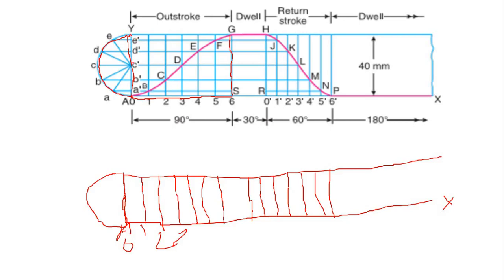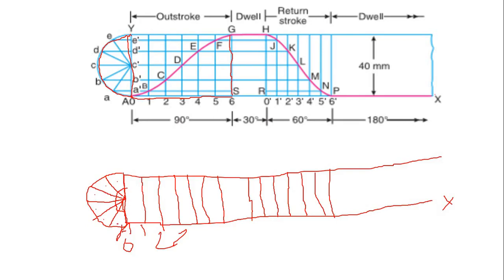Now student, this semicircle is also required to be divided into 6 equal parts. That means what will this angle be? If we draw a center line, this will be 180 degree. This 180 degree is divided into 6 equal parts, that means one division is equal to 30 degree. Take a protractor, put it at the 0 line and mark 30 degree for each part. Now this is 1, 2 and 3, 4, 5 and 6. Each division is equal to 30 degree. We can see here 30, 60, 90, 120, 150 and 180 degree.